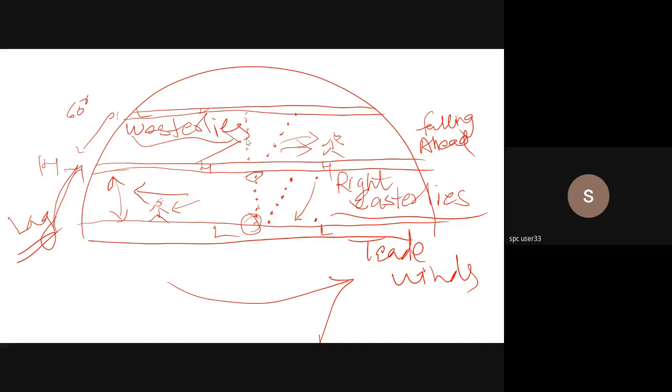And as a consequence, the winds change their direction, in literally 360 degrees, or at least 180 degrees. While they blow from the east near the equator, the trade winds as they are called, or the easterlies, in the mid latitudes you have the westerlies. If you have any query regarding this, please ask, basically because we're going to shift to polar easterlies, and we need to understand that from a different point of view.